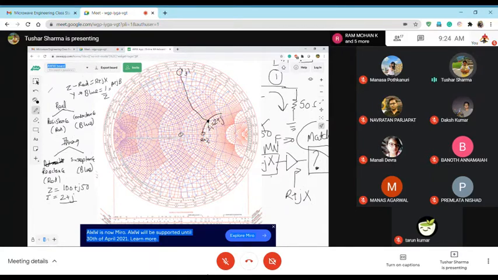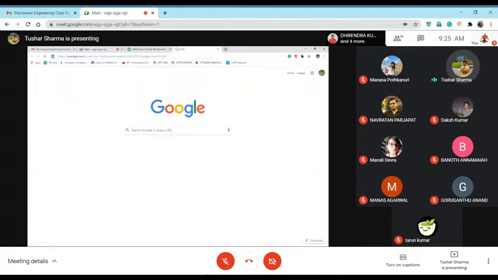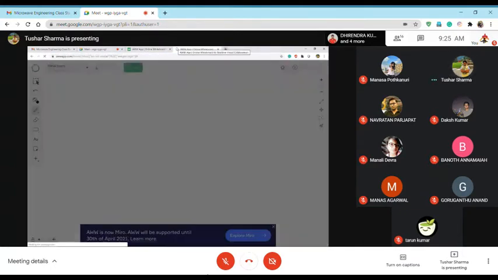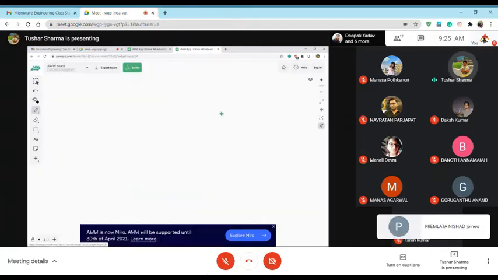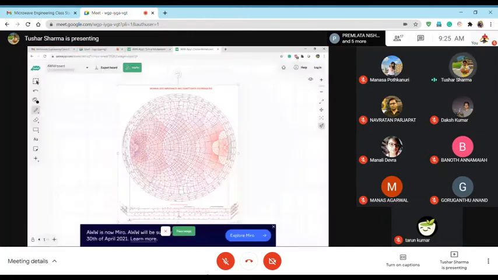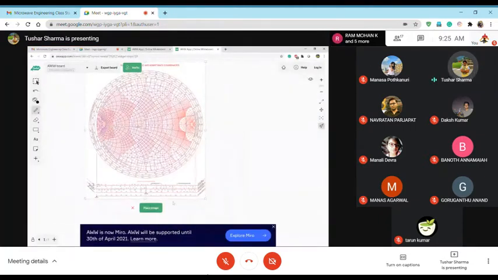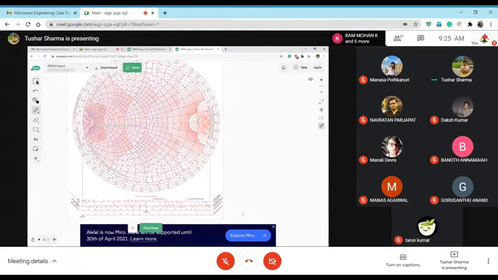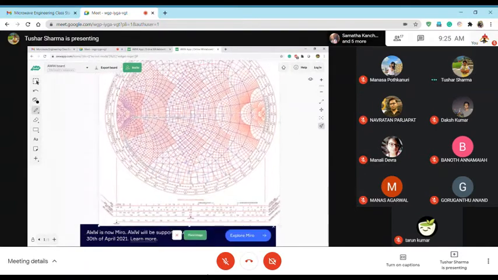Okay, let me give you another example, and then we will also try to plot Y. Like J, we will also plot Y because J and Y can be used interchangeably. So usually you can stick to one. You can either convert everything into Z or convert everything into Y Smith chart. Depends on you. You can choose any one of those. I usually do everything on Z because then it's convenient. So let me just place this.